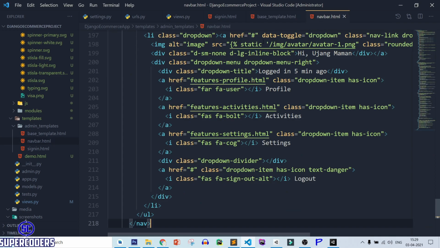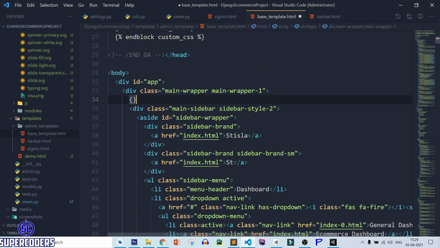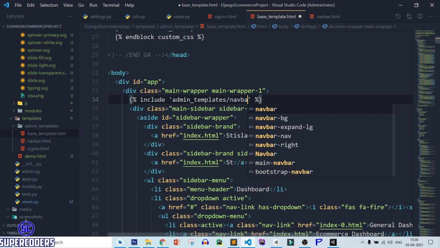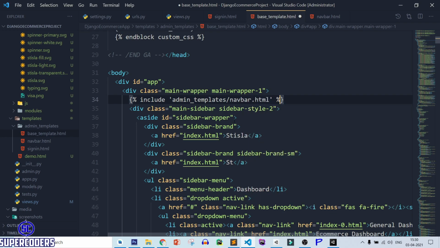Save it and here include admin_templates, then navbar.html.